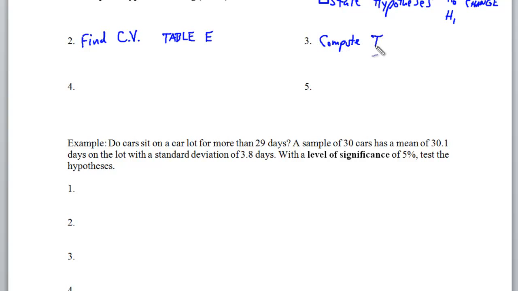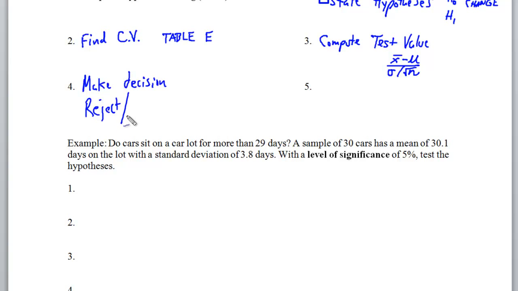So then you compute the test value, and the test value is going to be x bar minus mu divided by the standard deviation divided by the square root of your sample size. You're going to compare the critical value to the test value, and in step 4 you're going to make your decision, and the decision is going to be either reject or do not reject